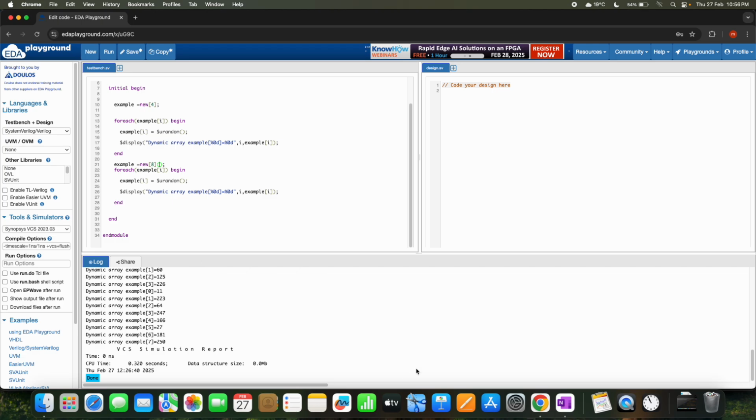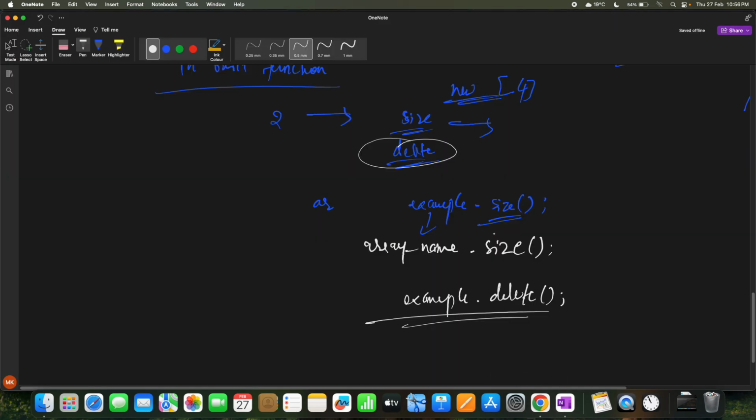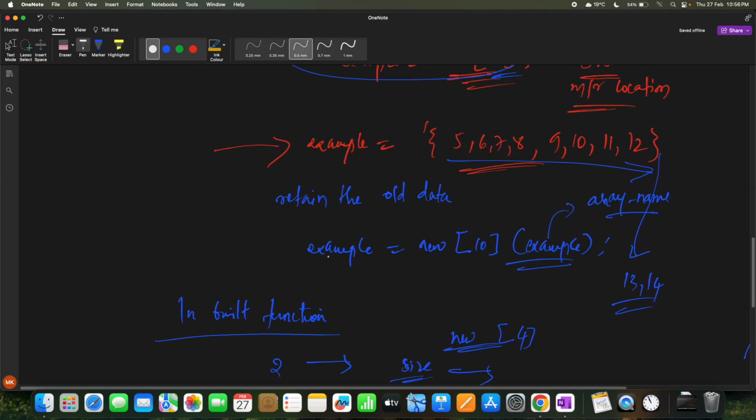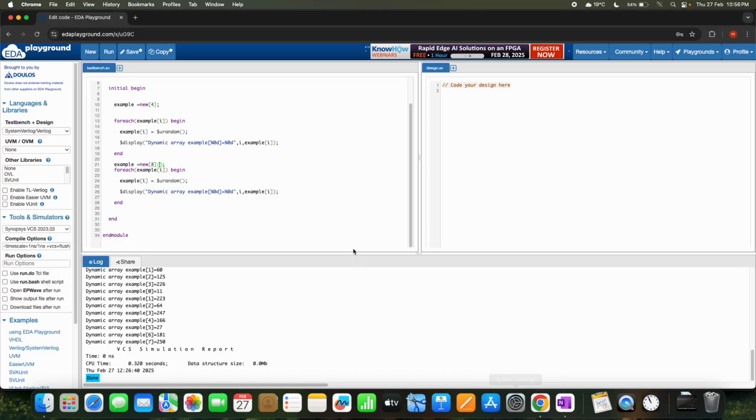So to do that we have this one, right? So here, to retain this data we will be seeing this example. So go back to this one and add this example and save it, and see we have generated the 4, meaning the depth of the array here in the first